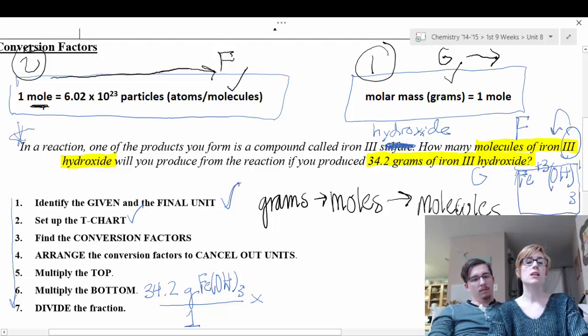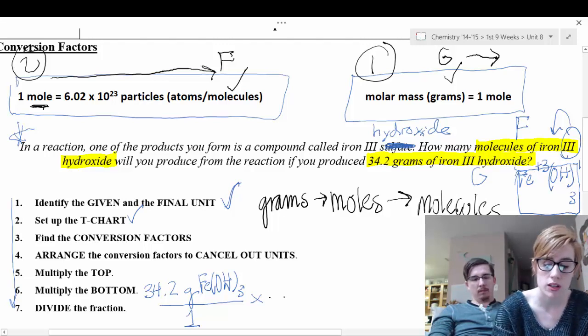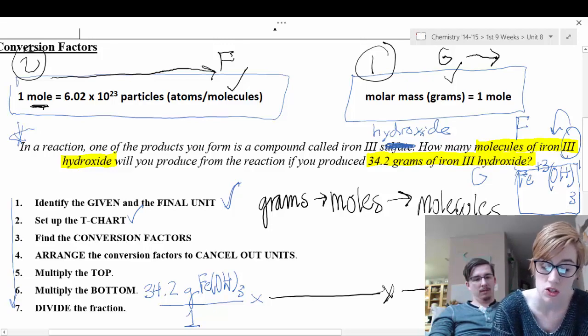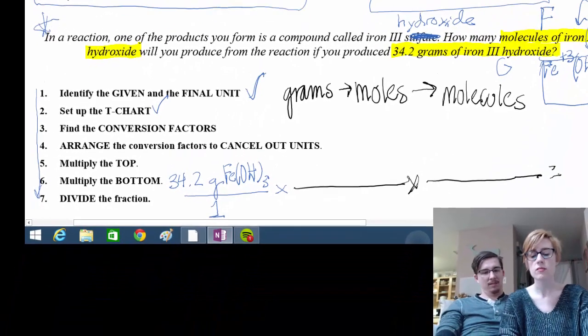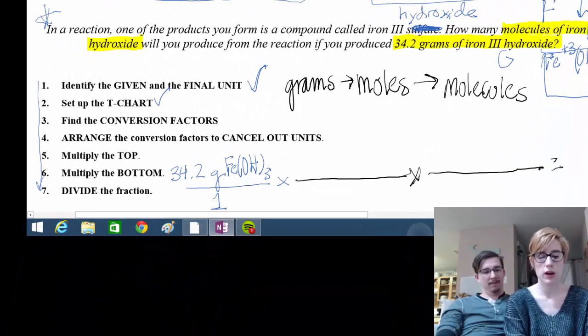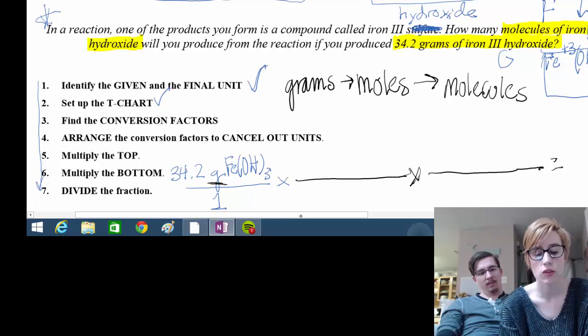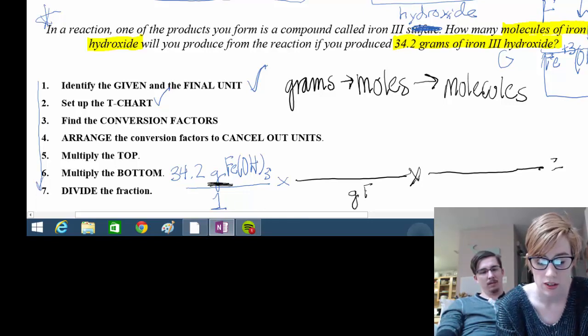Okay. So basically what that means is I'm not going to have one conversion factor here. I'm going to have dos, which means 2 for those of y'all who aren't bilingual. Okay, so we're starting off with grams right here, grams of iron 3 hydroxide, and we're going to end up in molecules. How do I know what's going to go into this very first fraction here? The unit on the top of the first one is always at the bottom of the second one. Right. So if I have grams right here at the top, I have to have grams of iron 3 hydroxide